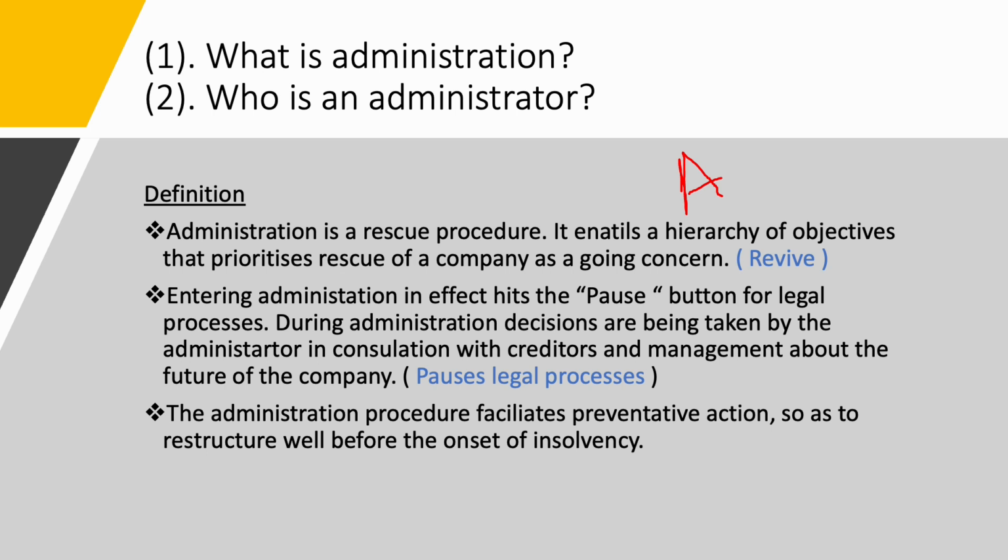And when we say a company is to continue operating as a going concern, what we mean here is that a company can operate for a foreseeable future. So, administration is about reviving. How do we ensure that this situation that was so bad has changed eventually, that creditors are now going to be paid, the company is going to continue operating, so that all stakeholders continue benefiting from the operations of this company.